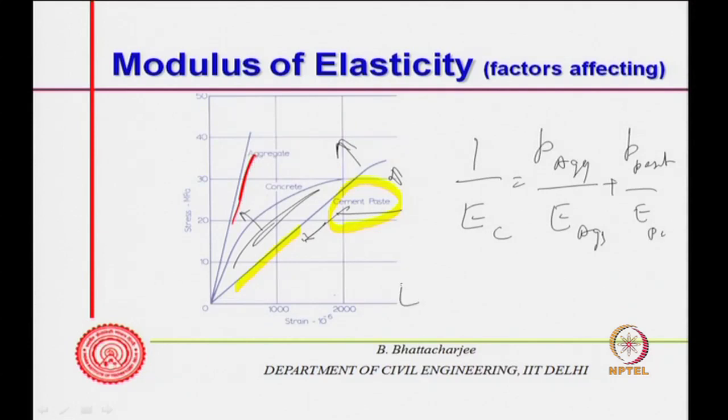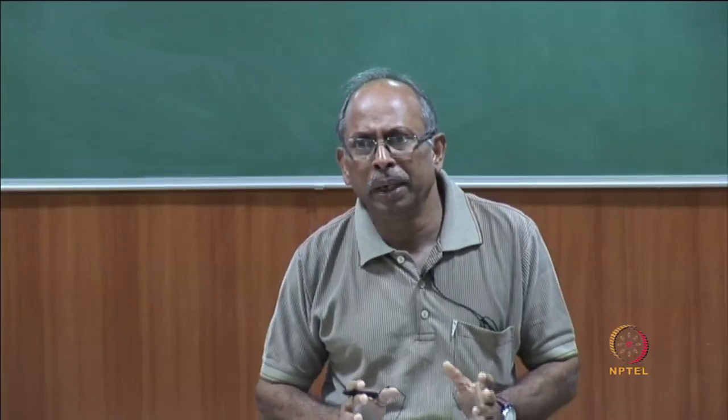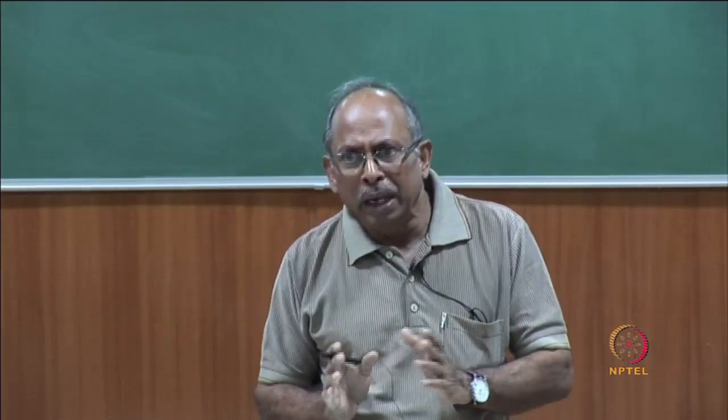Or it might also be written as the proportion of aggregate multiplied by E aggregate, plus the proportion of paste multiplied by E paste. So, these two will give you an extreme boundary of the concrete modulus of elasticity, assuming series and